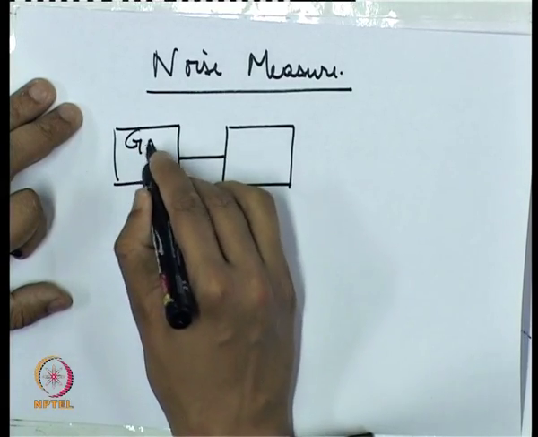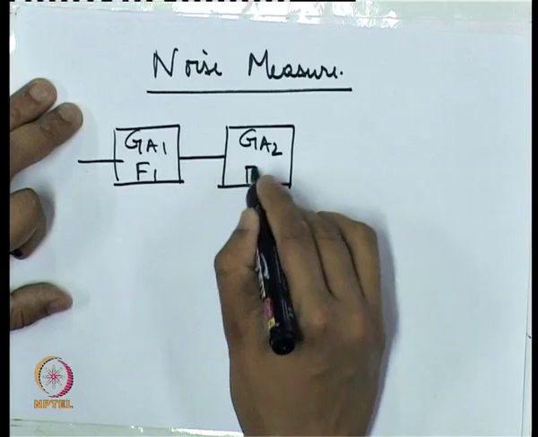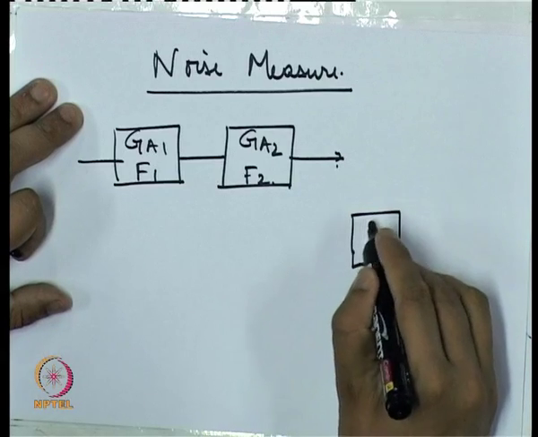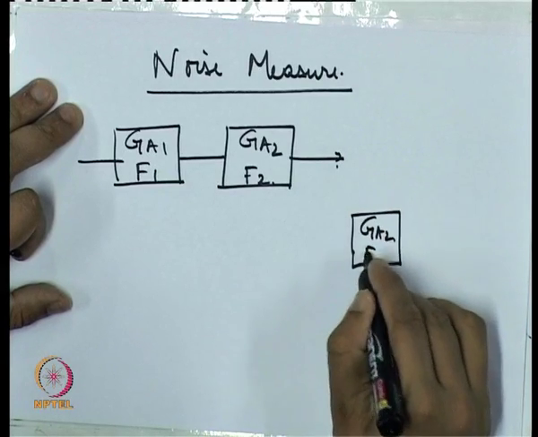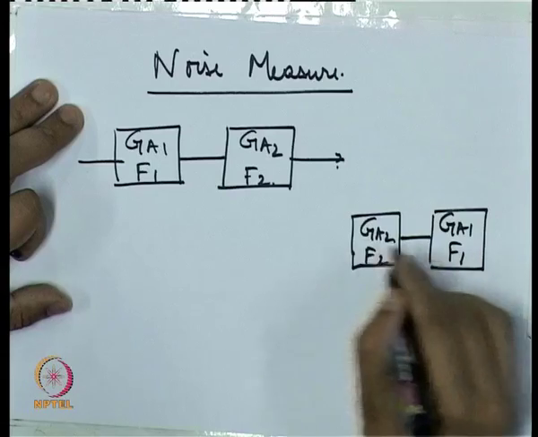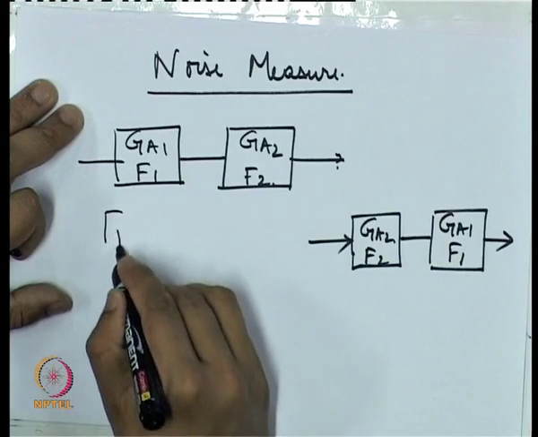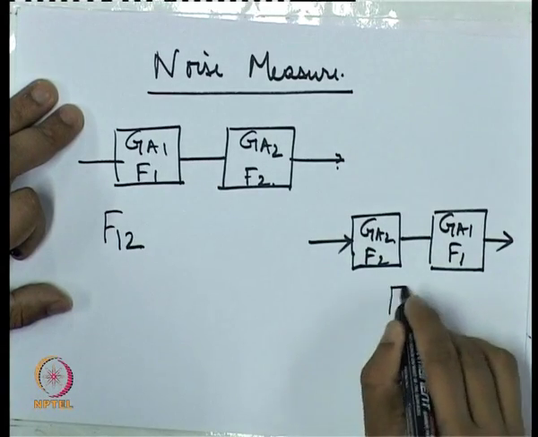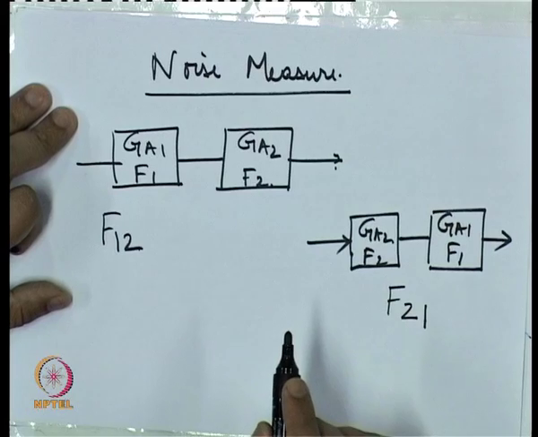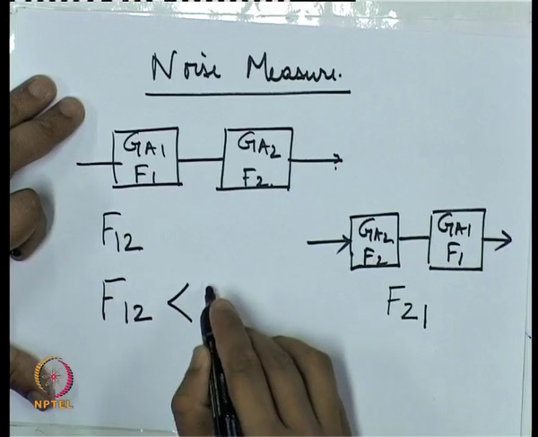Suppose we have one stage GA1 and F1, another GA2 and F2, another GA2 first, F2 first, and then followed by GA1 and F1. Now, if I say the overall noise figure for this case is F12 and the overall noise figure for this case is F21, which will be the configuration that gives the lower overall noise figure? That is, if I want to have F12 lesser than F21,